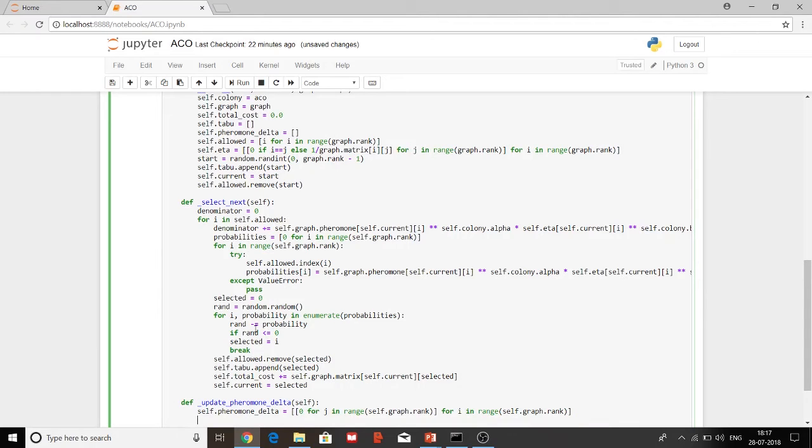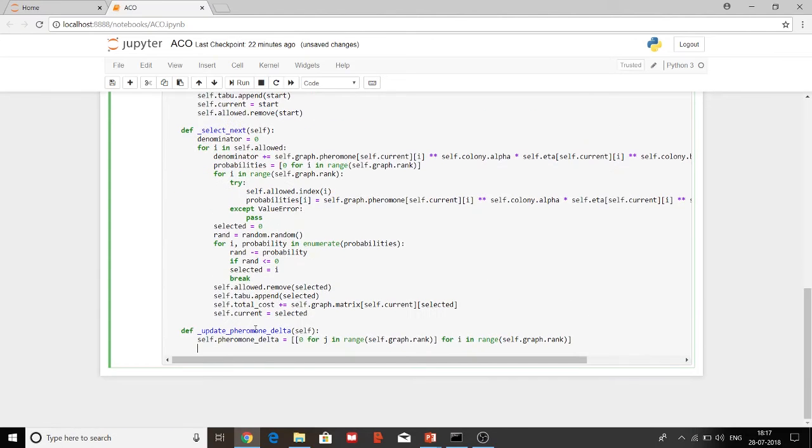Next line you type for _ in range(1, len(self.taboo))